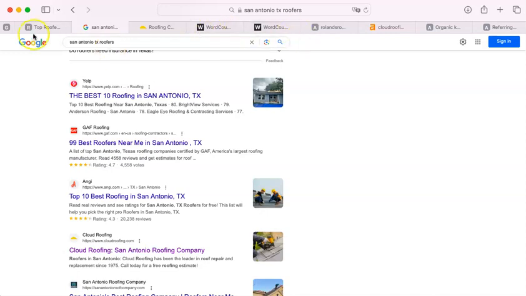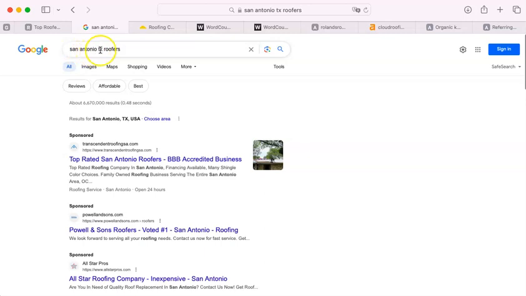Keywords are something that the Google algorithm has determined by taking all of the sites that come up when you type San Antonio roofers, and it takes all of those websites that come up, it extracts all of the words from them, and then it lists them by how frequently they appear. The one that appears the most frequently is keyword number one, and then so on down the list. But those also are part of key phrases. So let me start you off by showing you